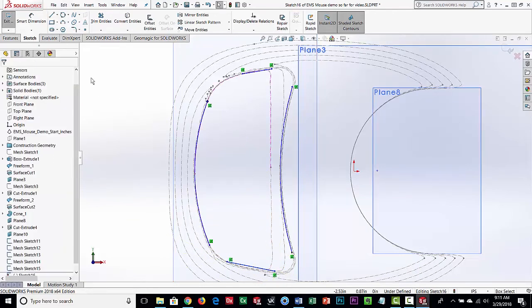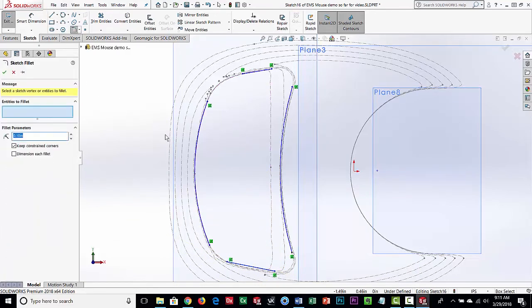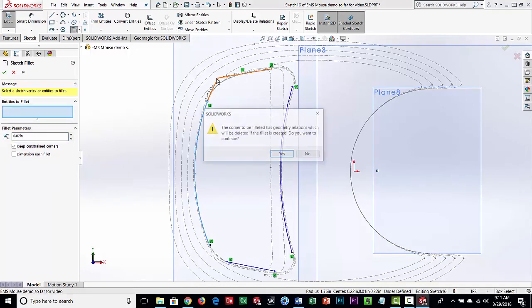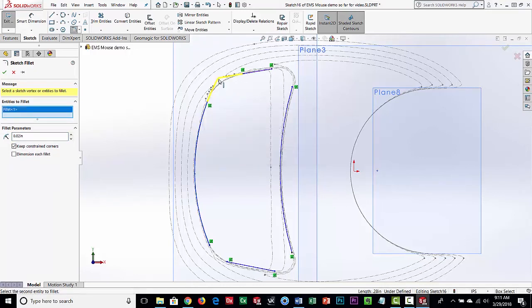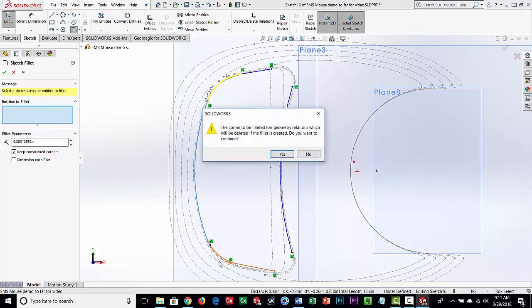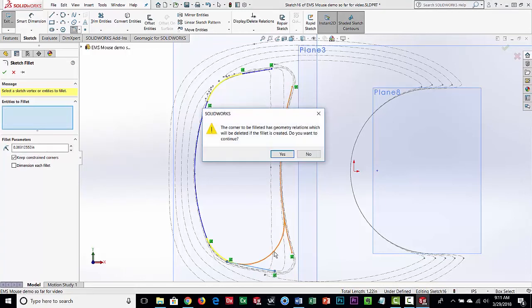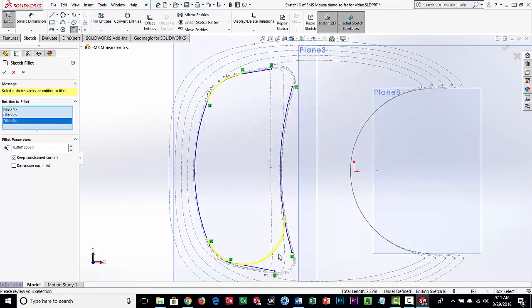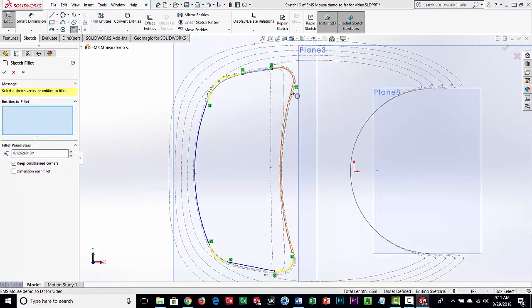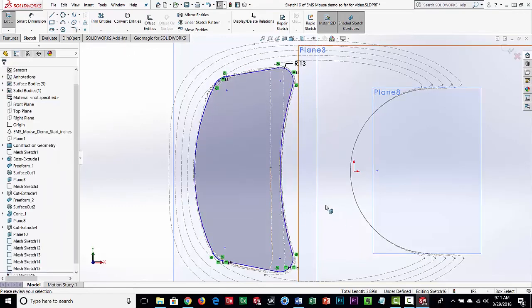Okay, and again, the thing to remember is, we don't have to follow the scan data. We can decide, hey, you know what, I want to do this a little different. We don't have to follow the scan data, or the reference sketch. We can still do what we want to do on this data. So if we want to change it completely, we can do that. So again, you can go through, trim this, build your sketch like we did before,